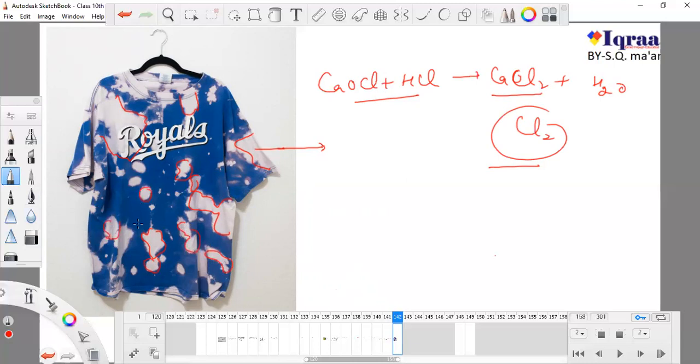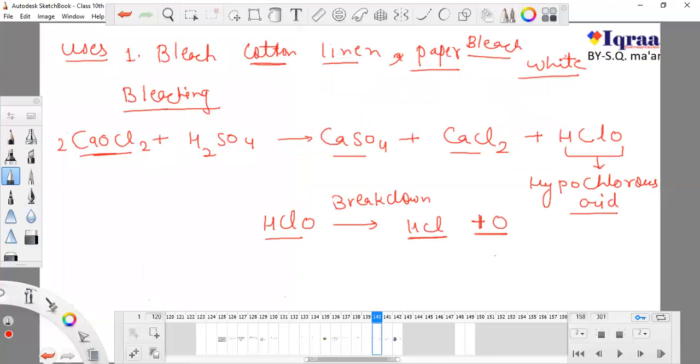If you use this bleach on your skin, it will whiten your skin like this. So you can consider how it makes your skin white. The same thing occurs with papers. If we use bleach completely, it will totally convert to white. So this is the use of bleaching powder, how it bleaches fabrics, clothes, cottons, linens, and papers. Now this is the second process, and this process is not bleaching, but actually oxidizing.